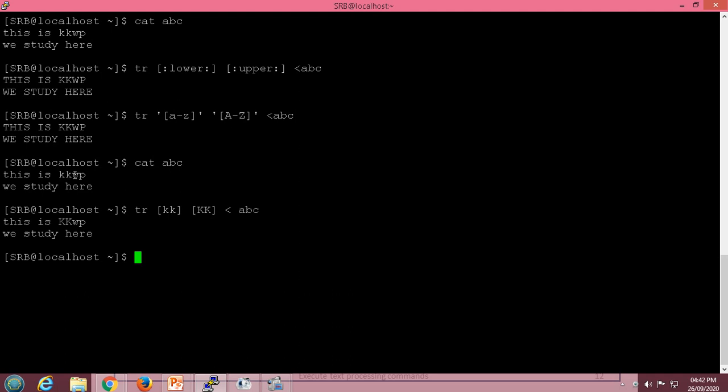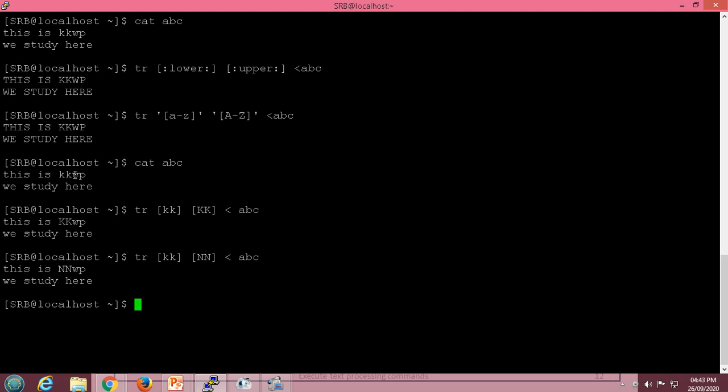So this will translate the lowercase k into uppercase. You can also replace this k with another character. So that can also be changed.